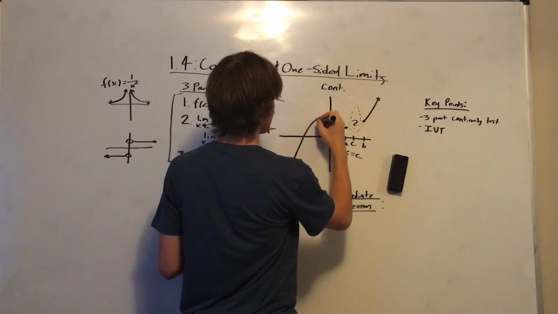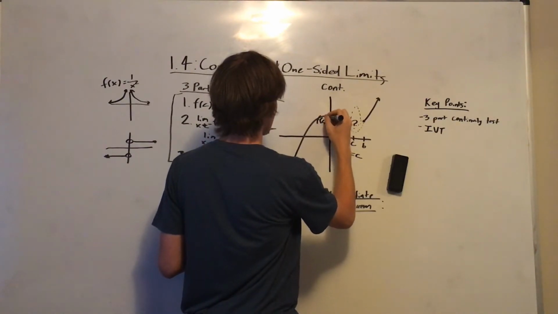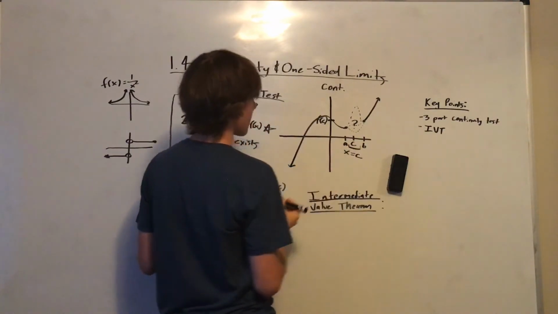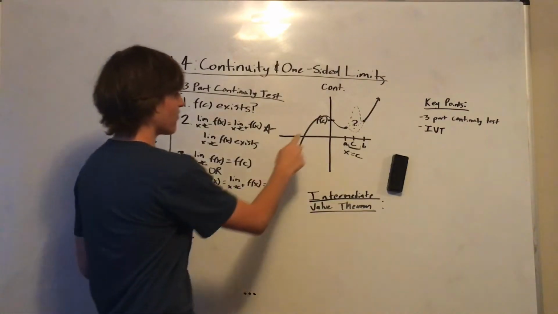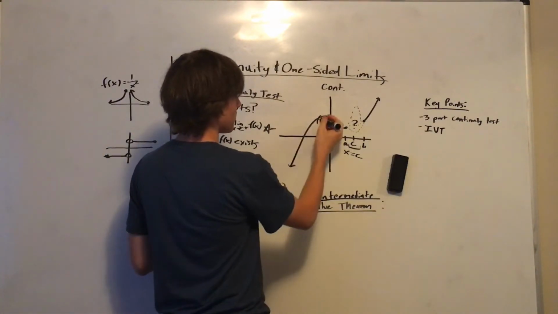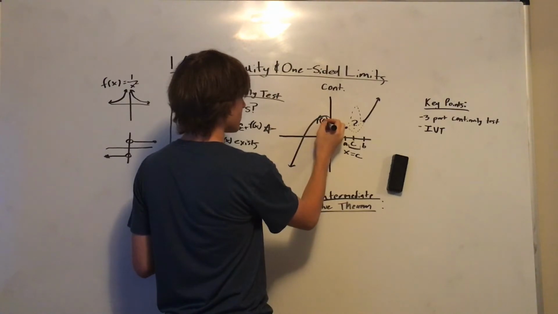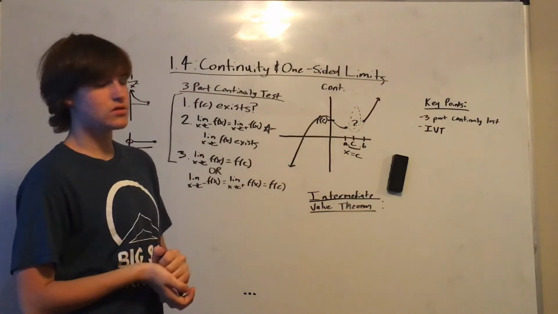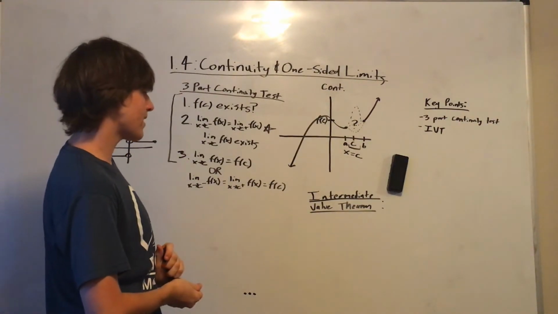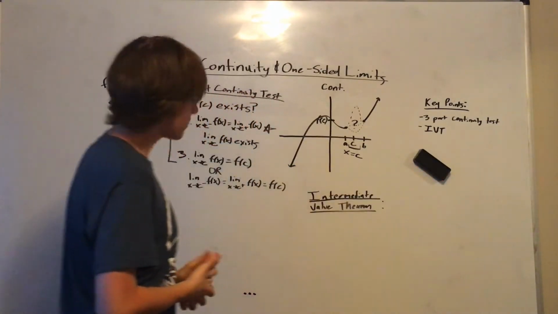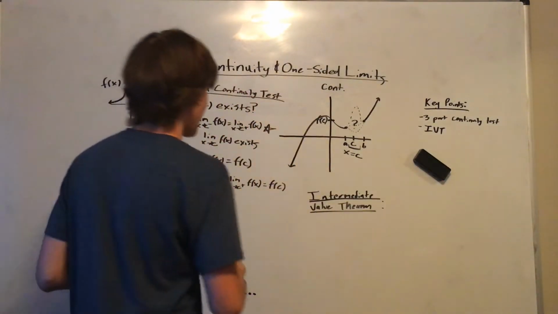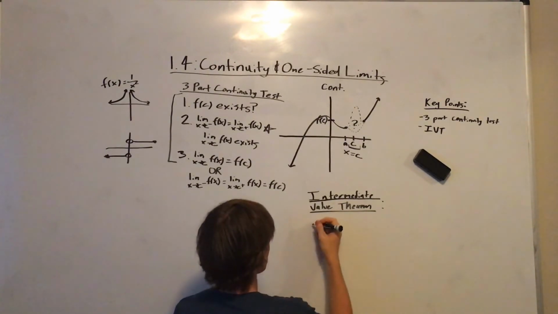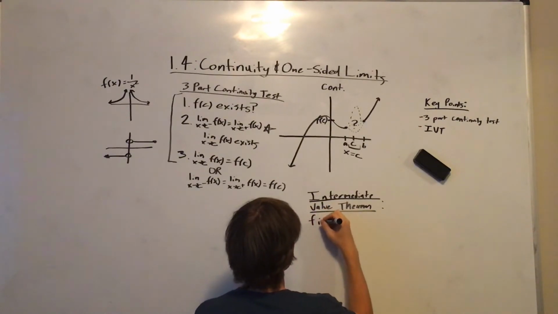Let's call it f of c. This c could be anywhere in here, by the way. We don't know where. We want to show that the function somewhere has a value of f of c between a and b, and we know it's continuous, but we don't really know how to show that. So the first condition that you have to have is that for this IVT theorem to work, for the intermediate value theorem to work, you have to say that your function f is continuous